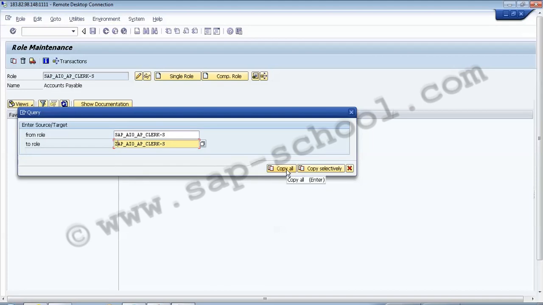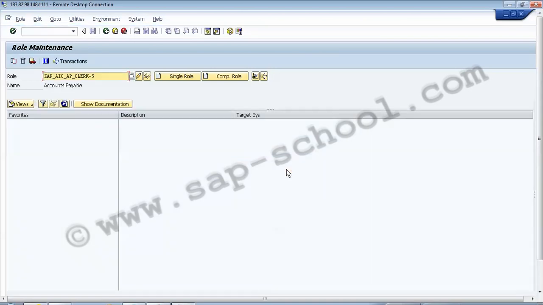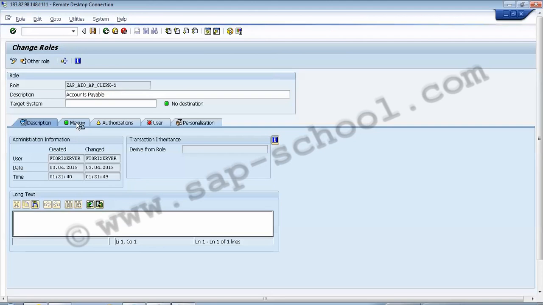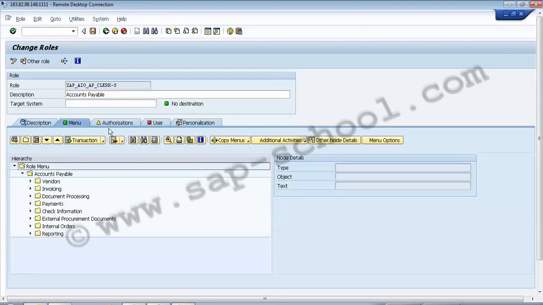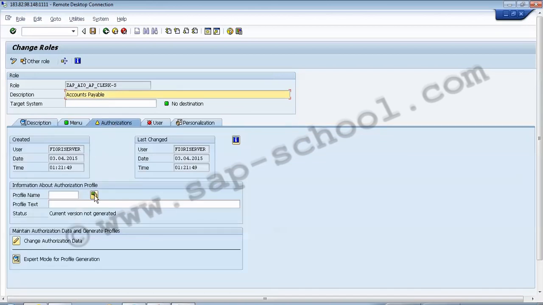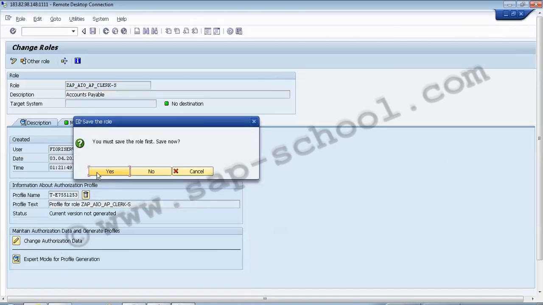So all these things which we have already seen in a very detailed manner in the previous sessions, so I'm not going into the detail of it. I'm just providing you the steps which are required for this configuration. So we have to basically click on this generate. After that, we can just click on save and we can go back.